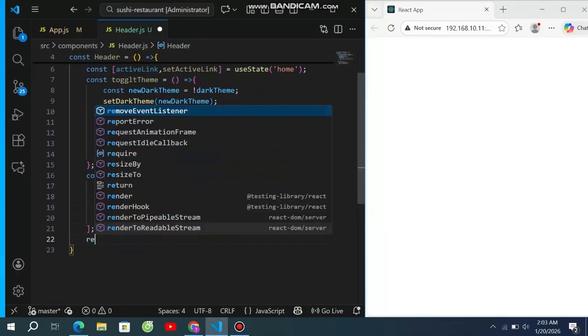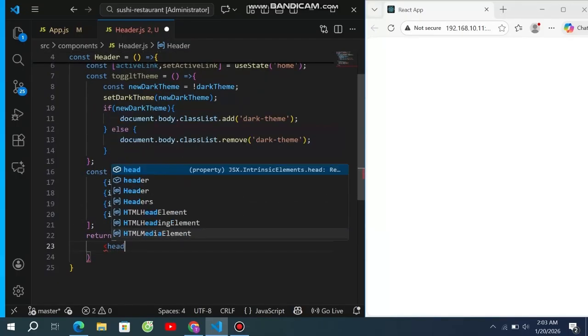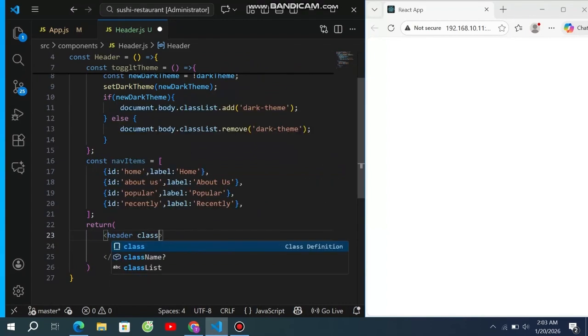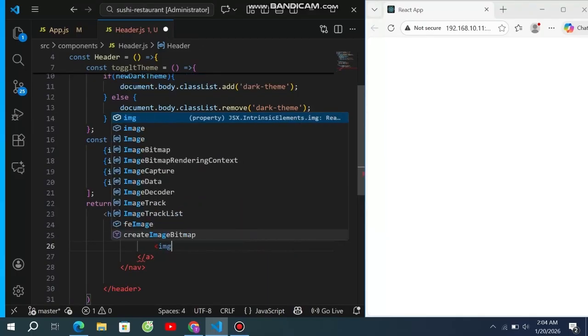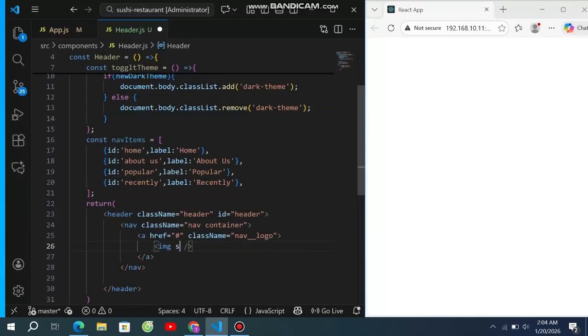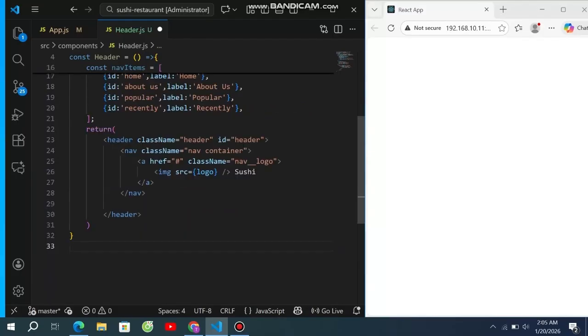Now use return statement, in which we use header, give it class name, ID header. Now use nav tag, give it class name, nav container. After this we use a tag, give it class name, nav logo. Now use image tag, give it source. Now export this function